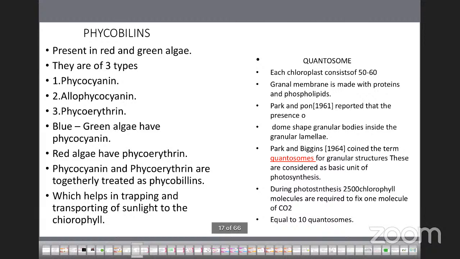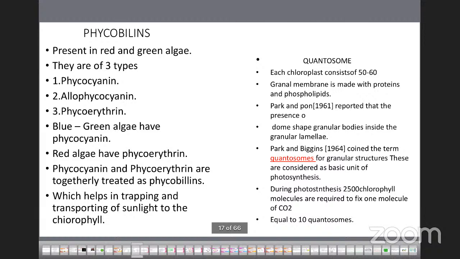What is a quantosome? Each chloroplast consists of 50 to 60 quantosomes. The granum membrane is made of proteins and phospholipids. Park and Pon, in 1961, reported the presence of dome-shaped granular bodies inside the granal lamellae, and Park and Biggins coined the term quantosomes for these granular structures, which are considered the basic unit of